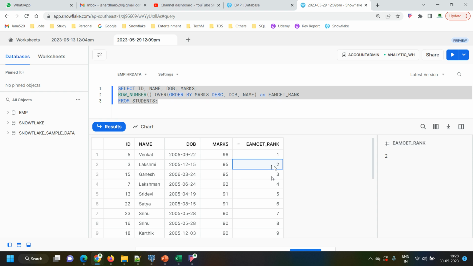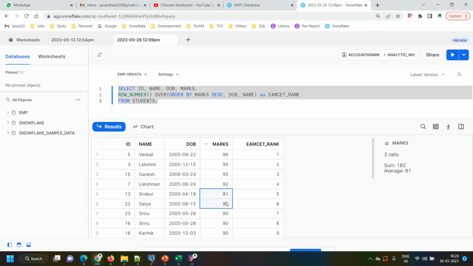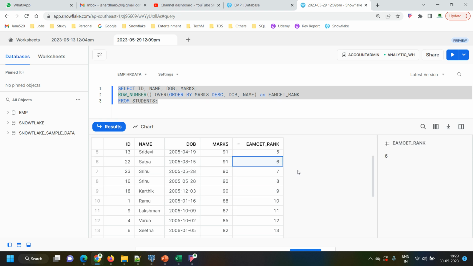If you look below, the same case again, 91 and 91. If you look at the date of birth, this is April 19, and this is August 15. That's why Sri Devi is given the priority and she got the fifth rank, and Satya got the sixth rank. And if you look at the next set, you see here,